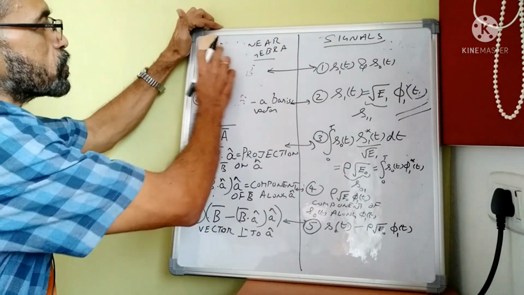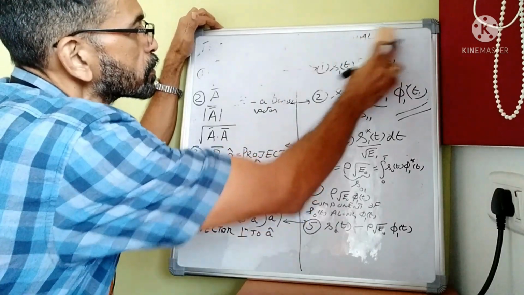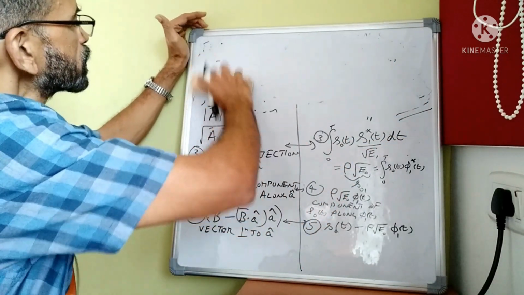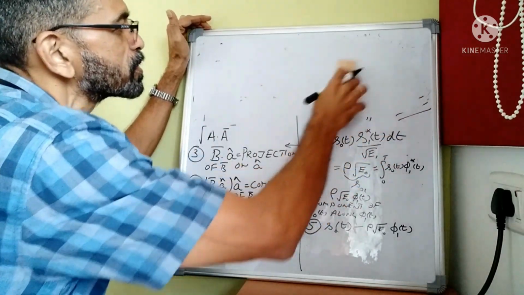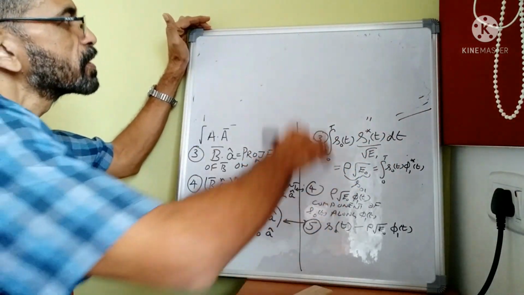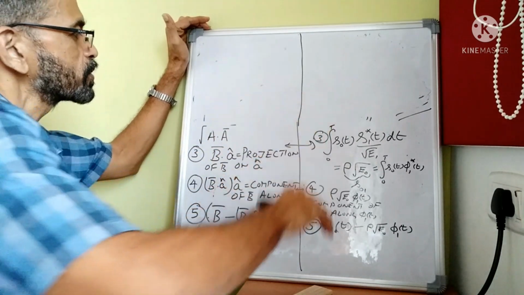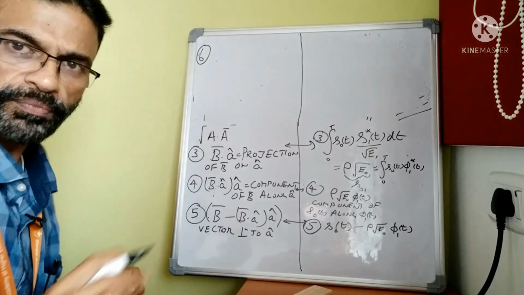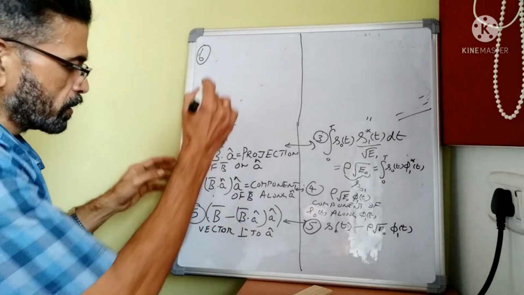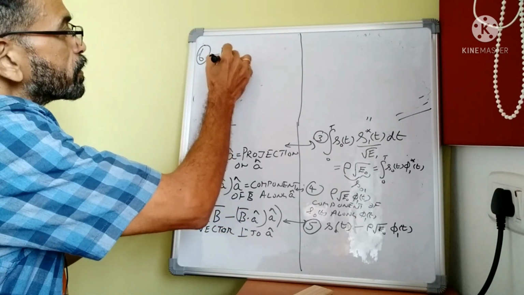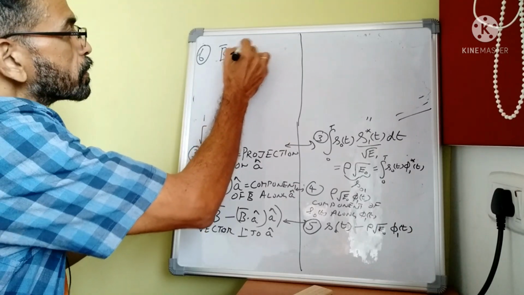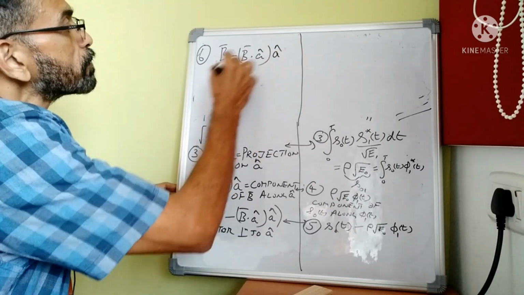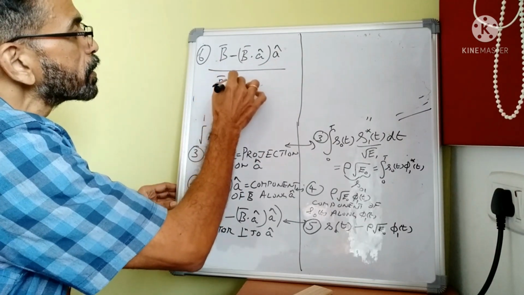Now the last step is, so remember on the left side we have the conventional vector algebra, the more familiar vector algebra, and the right side is how we map it onto signals. Now the last step, the sixth step is divide this by